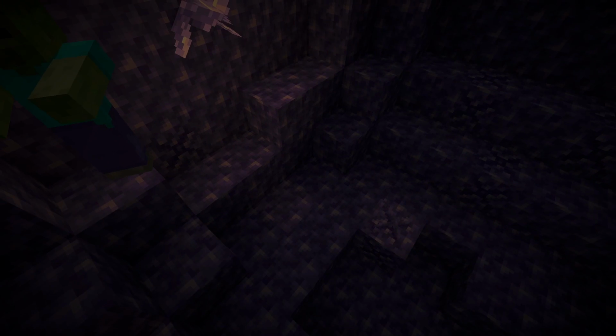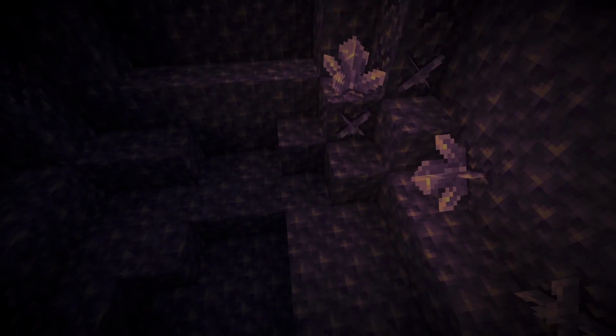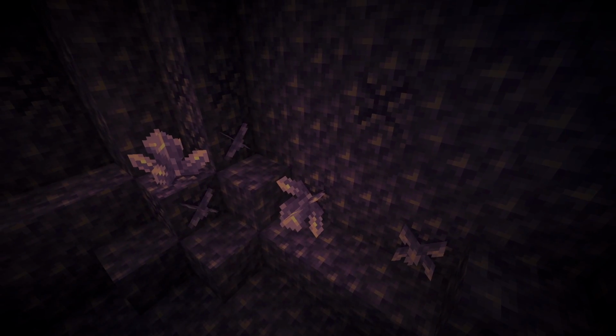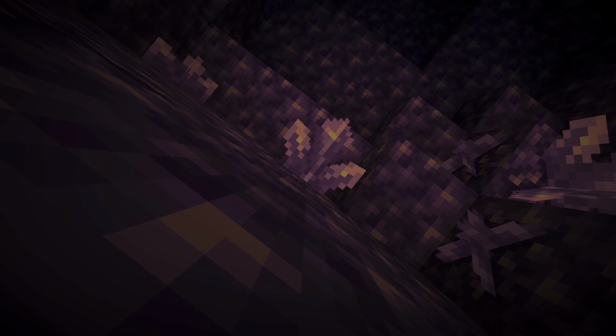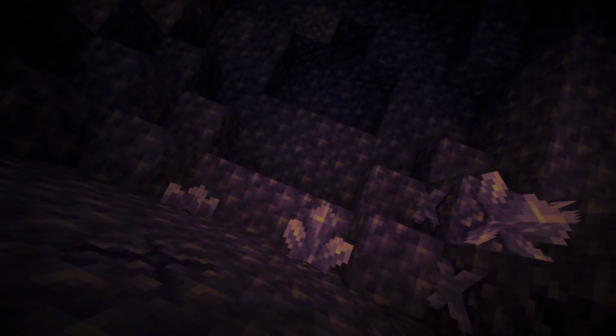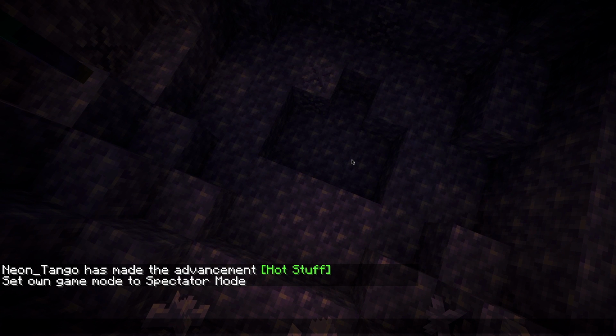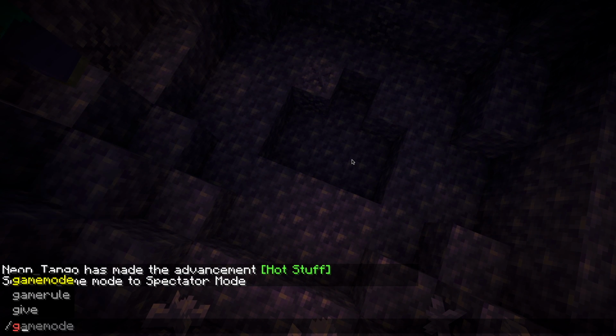Basically, see these purplish blocks? They grow those crystals right there. And when they grow, they make light, and actually when you stand on them, I'm not sure you can do this in spectator. Yeah, you can. Okay, but if I quickly go to creative,